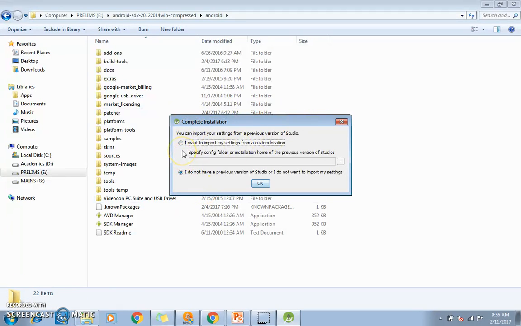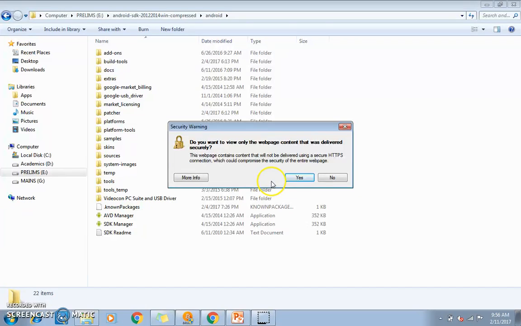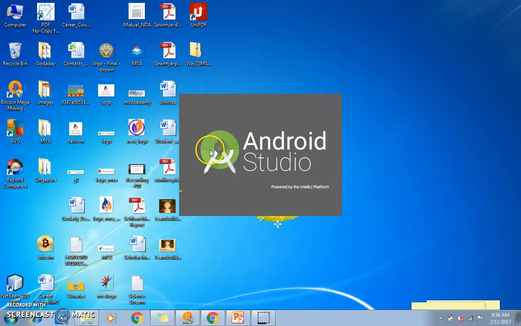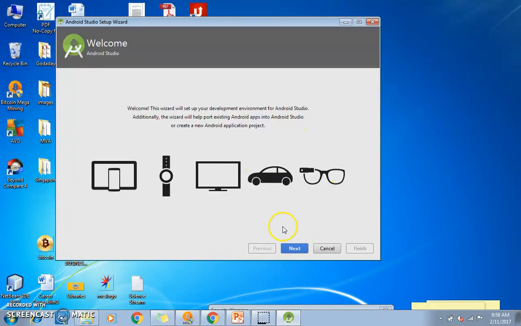If you have any backups, then you can use them. If you are doing the first time setup, you can use I don't have any previous versions of Studio. I don't want to import my settings. Click on OK. No. It will start setting up Android Studio. Then follow the steps. Next,